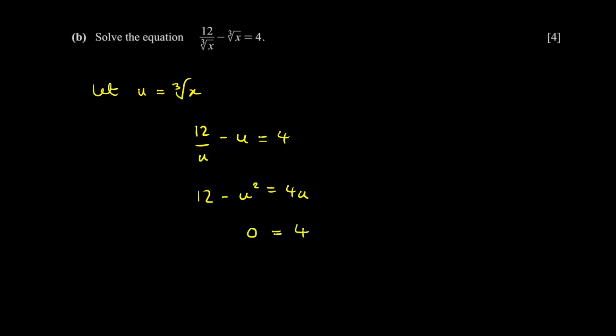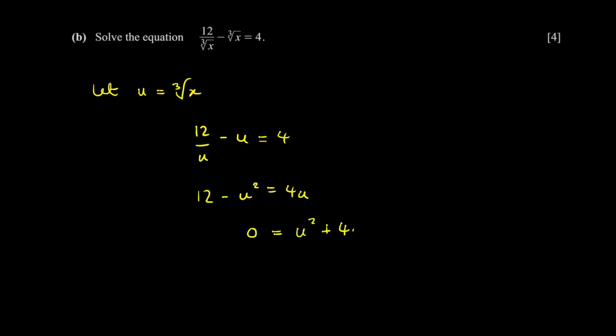All right, then part B, we want to solve this equation here. Now this is basically a clear hidden quadratic, and the best way to see that is to use a substitution. So we're going to say let u equal the cube root of x, and if we do that, that means we're going to get 12 upon u minus u is equal to 4. We multiply everything through by u, so we get 12 minus u squared, beg your pardon, sorry about that. u squared is equal to 4u,